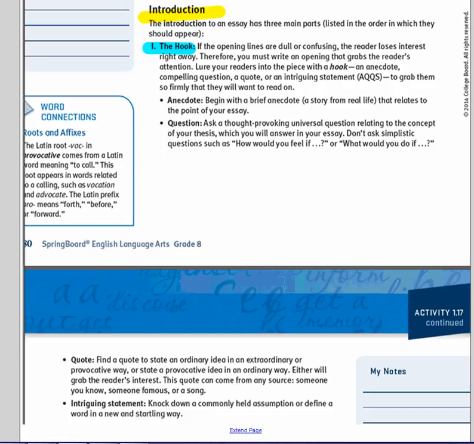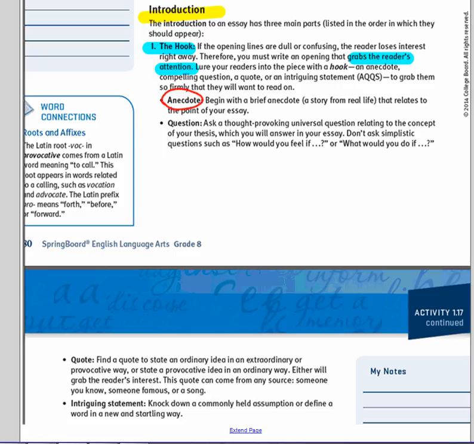So what is a hook? A hook is going to grab the reader's attention. This is something that you already know and have practiced. You used a hook last year. With Springboard this year, we're going to look at it in a different way. All right? So concepts of a hook,